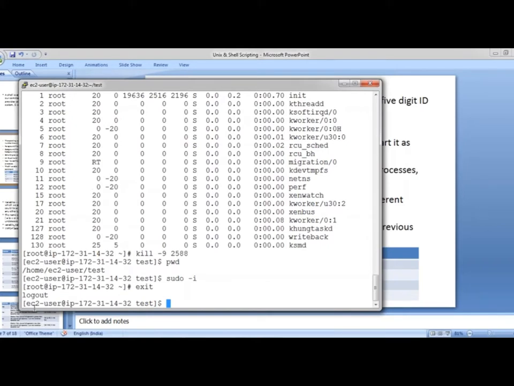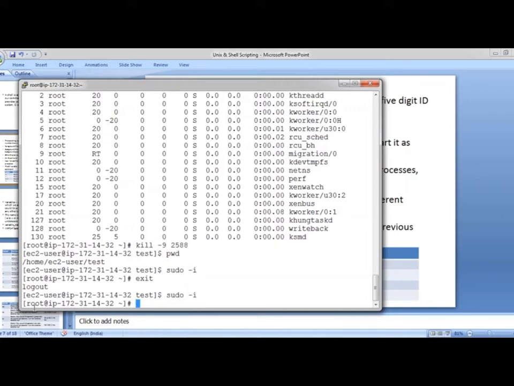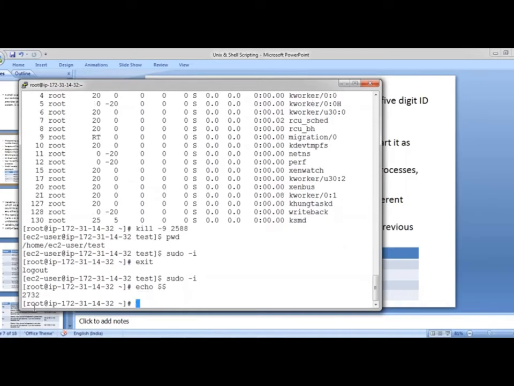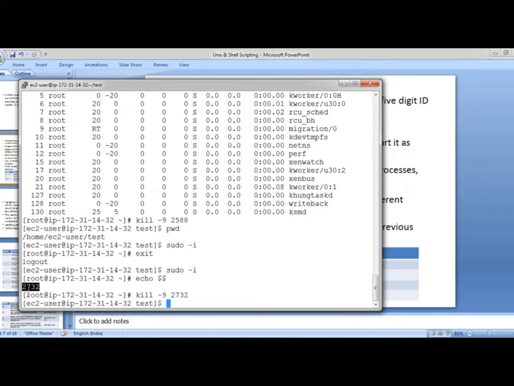But here I didn't do an exit; I just killed the process ID. The process ID is a randomly generated number, not constant. So kill -9 again exited me.